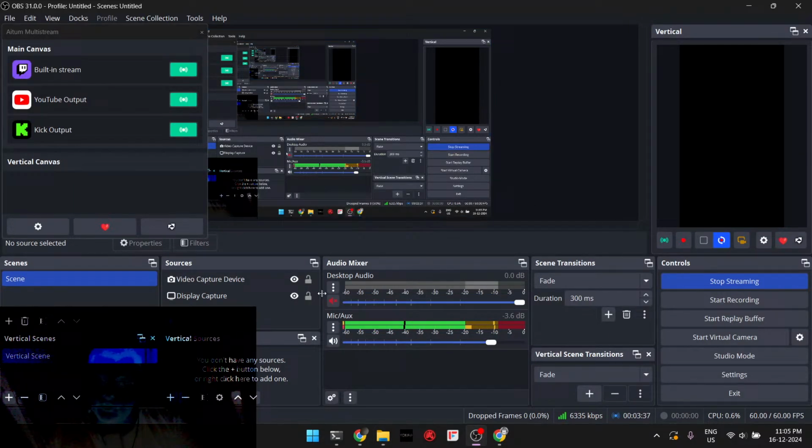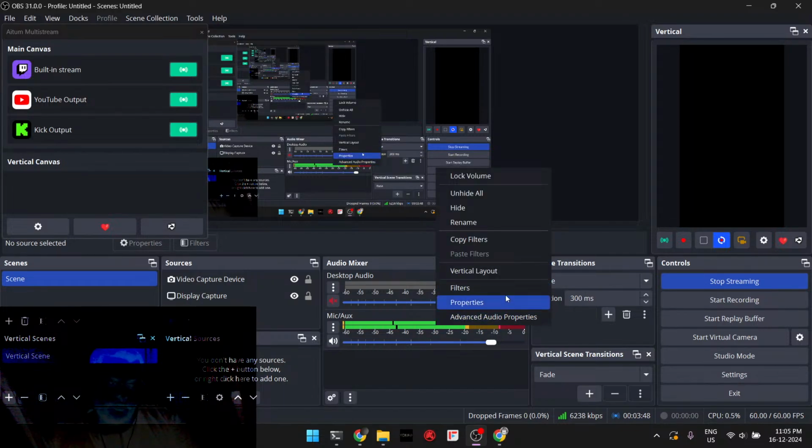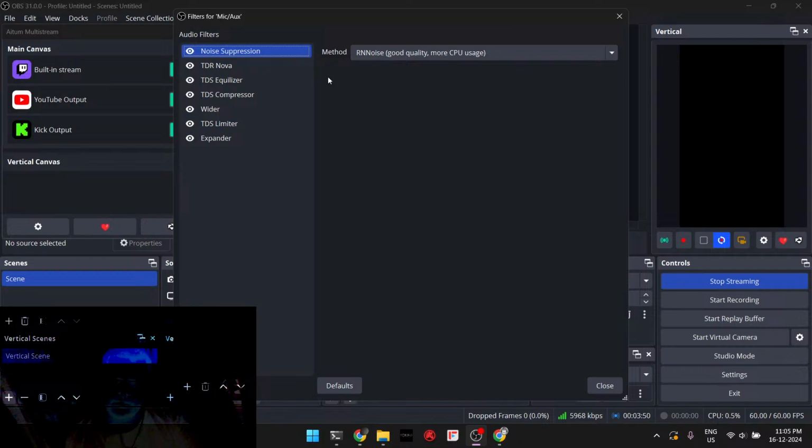Now, if you check this part, by the way, if you think this is a mistake, no, I just don't want my face to be outright visible. That's it. If I go to filters, these are the free plugins which I use. They are not available for Linux. So if I stop these one by one,